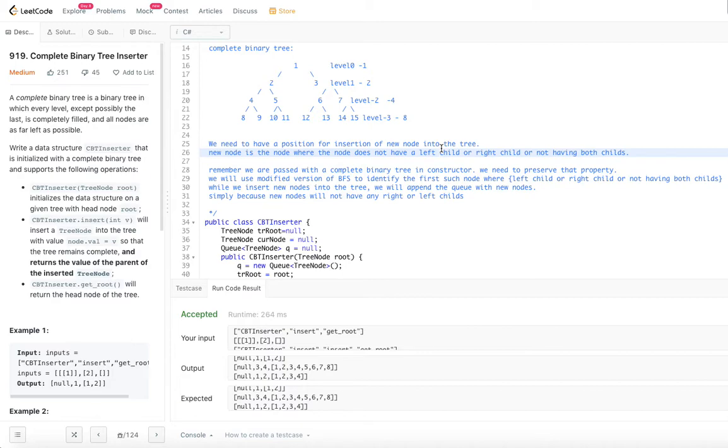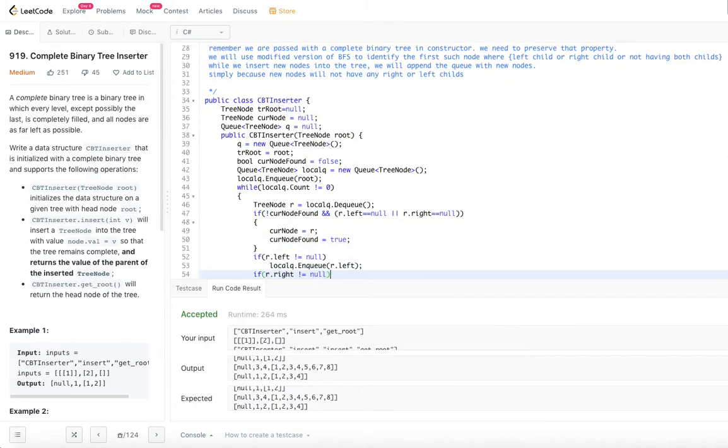But here we are going to do a little bit of modification of the breadth first search. So we will look into the code at what modification we are going to use, right? So the overall idea that we are going to use is to find out a position where we are going to insert through the breadth first search mechanism, right? Let's go ahead and look into the code.